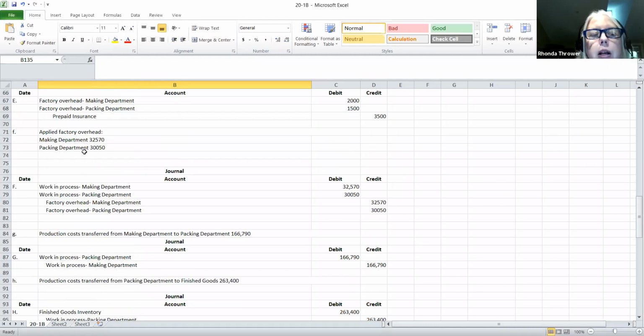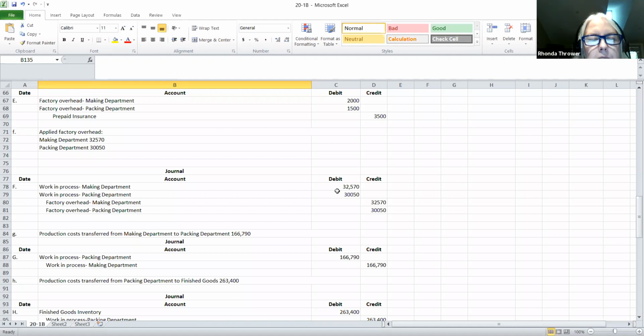For the F transaction, we are applying factory overhead. Remember, in the last chapter, we learned that we have to estimate our factory overhead at the beginning of the accounting period. Our applied factory overhead was estimated for each one of these departments here. And so once we apply the factory overhead, we're going to increase the work in process account by the amount